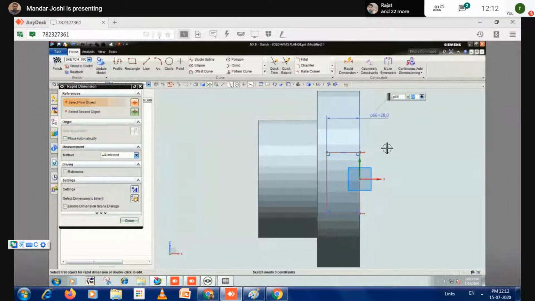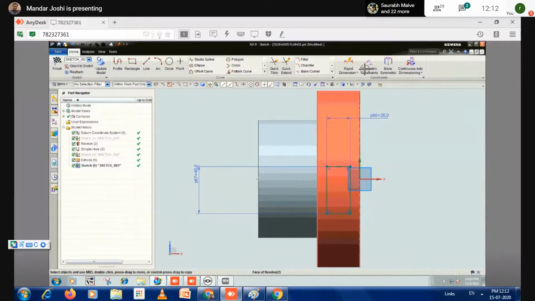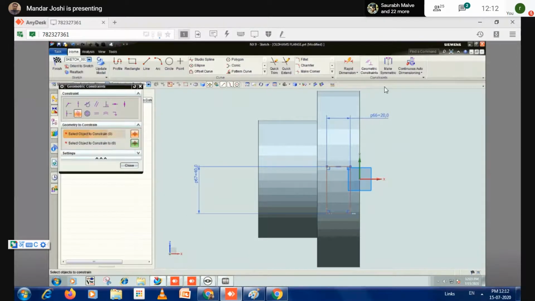This is how much, this becomes 20 and this height becomes 40, and then for the relationship, use the geometric constraint. In the geometric constraint, select the collinear button. This vertical line and this vertical line are collinearly connected.